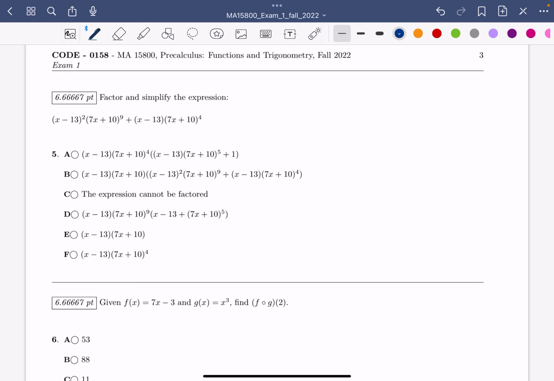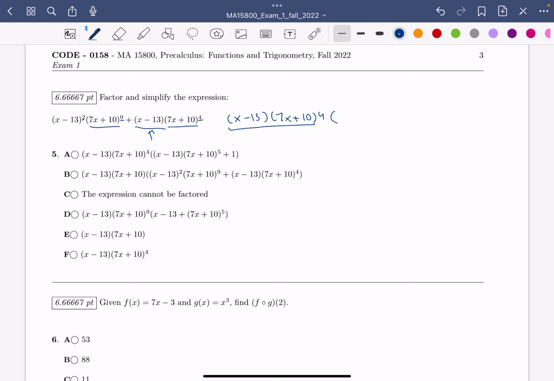So if we look at this, we realize that both of these terms have an x minus 13 and a 7x plus 10 to the 4th. But we notice the different powers. So what we want to do for this specific problem is we actually want to remove the highest power of each one. So in this case, this x minus 13, the highest power is 1. So we're going to write out x minus 13. And then the highest power for the second term, the 7x plus 10, is 4. So we're going to write 7x plus 10 to the 4th,